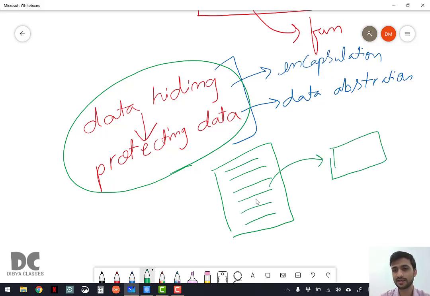For example, let us take again the example of WhatsApp. The person who made WhatsApp is not showing the program, but only what is required. So he is also protecting his data, because if he showed you the program and somehow you changed it, then WhatsApp would behave abnormally.